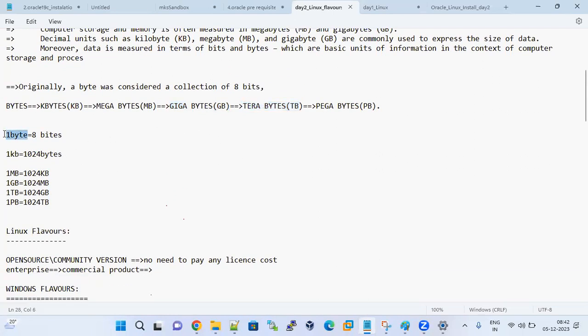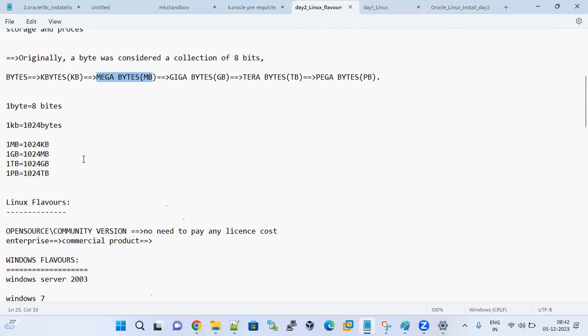So 1 byte equals 8 bits. 1 KB equals 1024 bytes. 1 megabyte equals 1024 kilobytes. 1 gigabyte equals 1024 megabytes. Like this we can measure computer storage or memory.